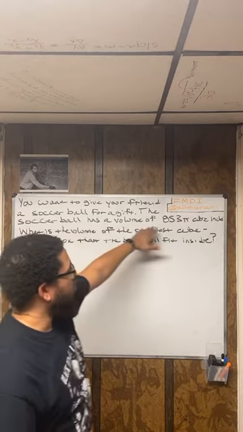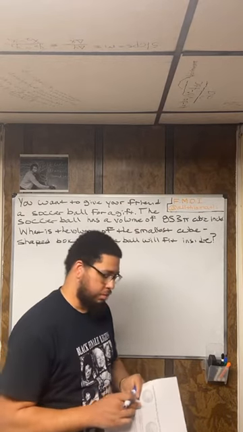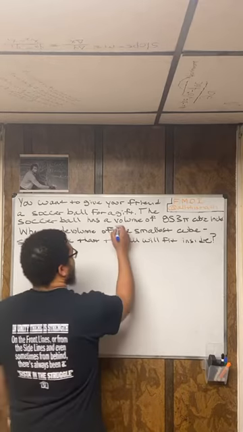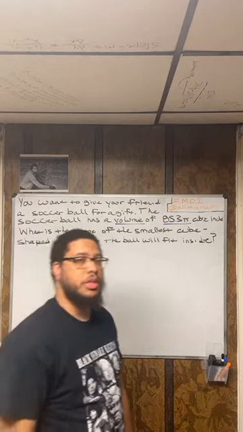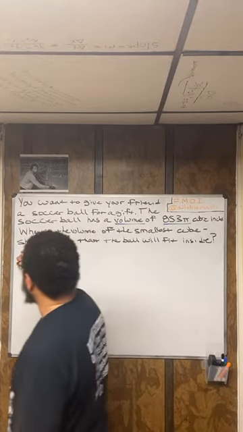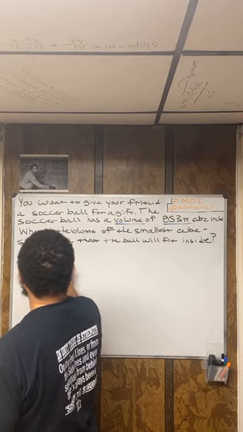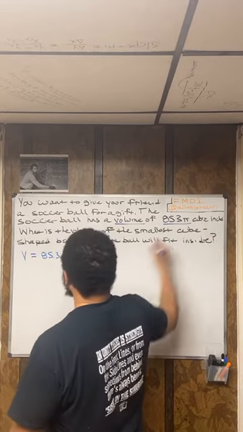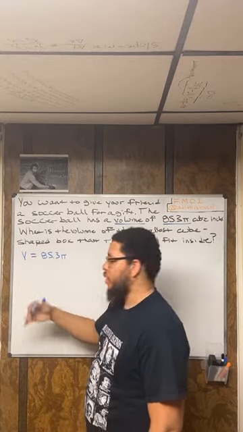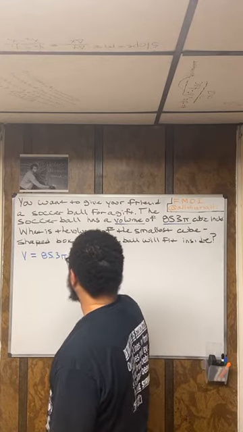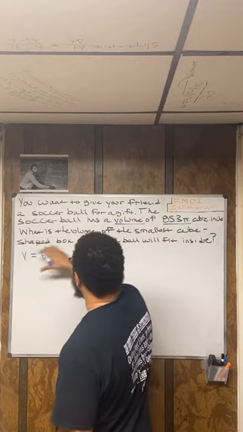The soccer ball has a volume of 85.3 cubic inches. So that right there, that's important information. It usually is. So I'm going to underline the word volume, and I'm going to underline 85.3. And actually what you should do is, on your paper, write that down. So write something like V equals 85.3 pi. It's not just 85.3, it's 85.3 pi, which means 85.3 times 3.14 cubic inches. So that's important information. The question is, what is the volume of the smallest cube-shaped box that the ball will